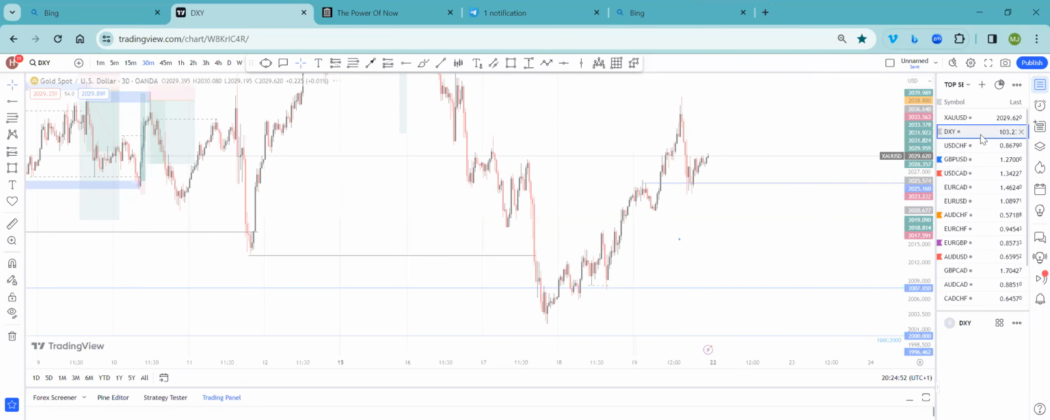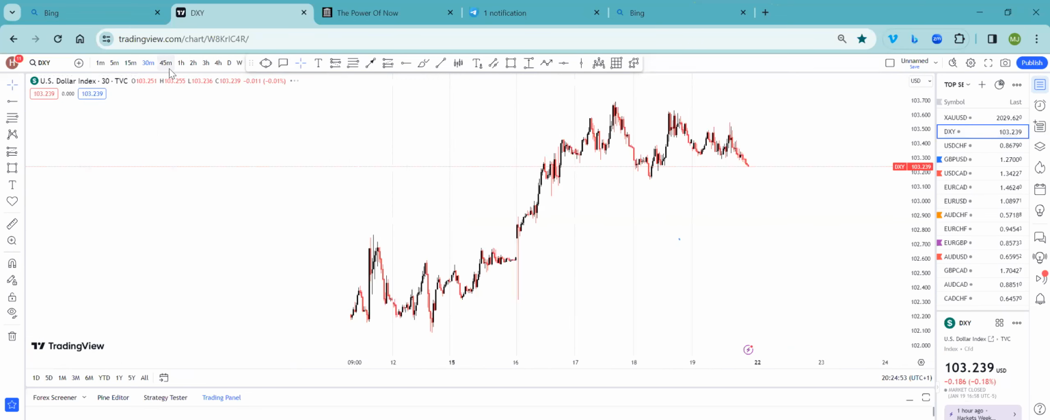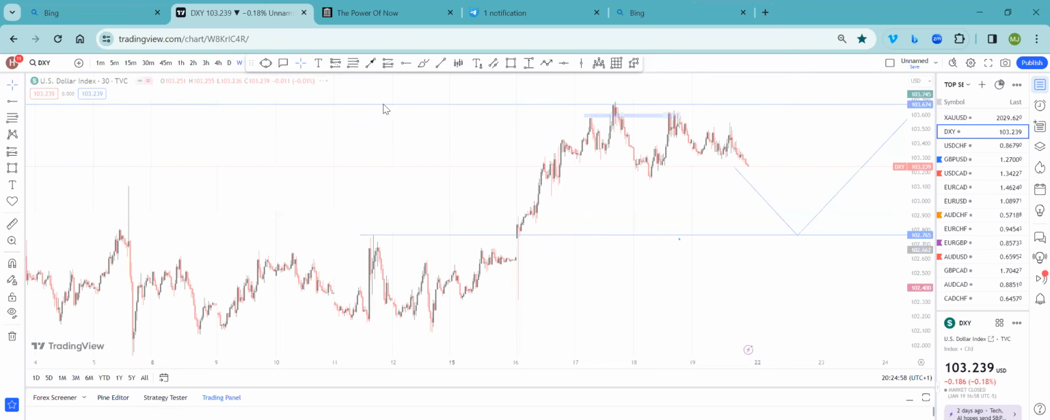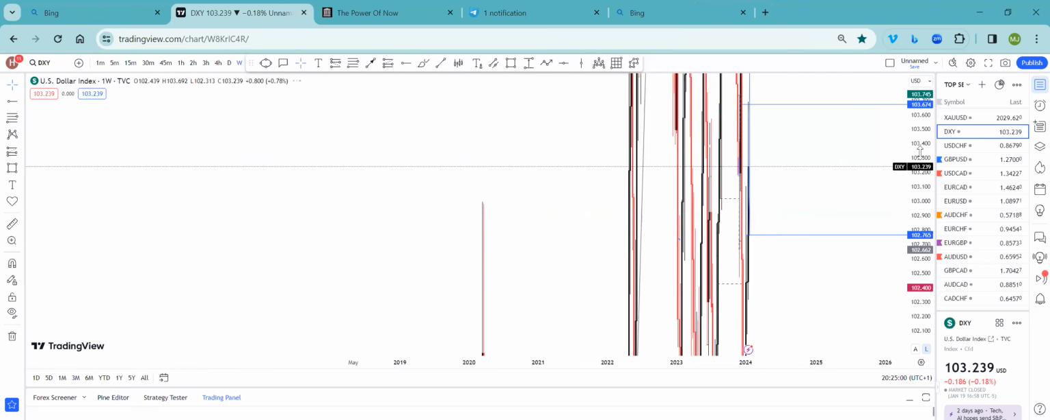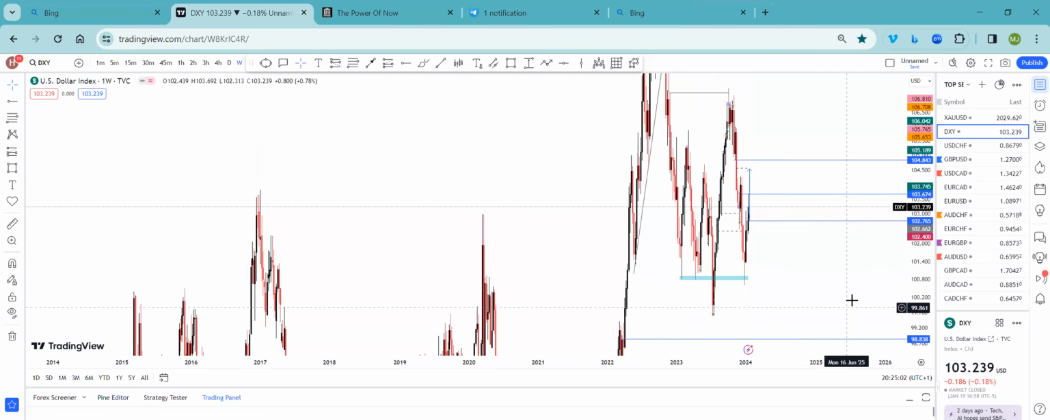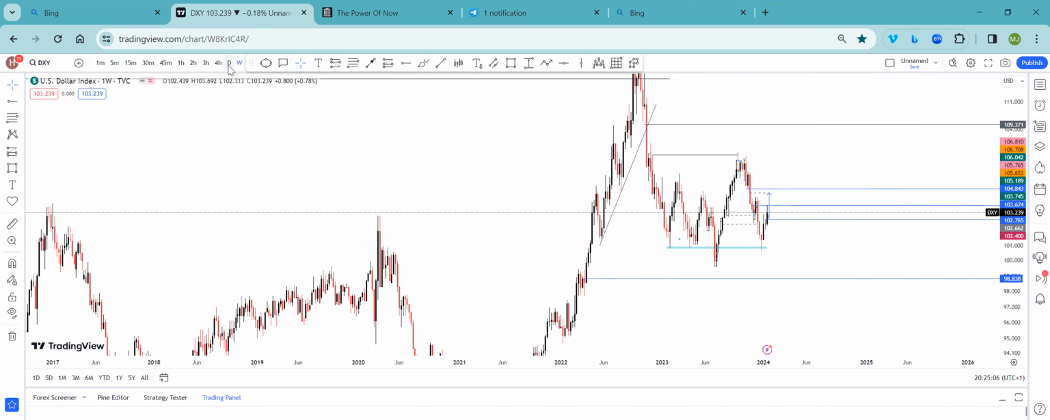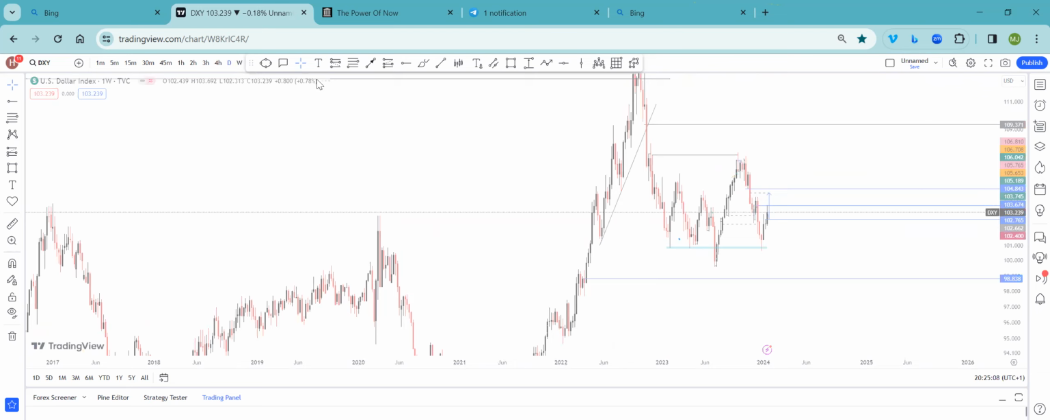The XY, I'm still expecting more buy on a higher time frame. But in a lower time frame, we can still sell the XY for a while. Now, this is what I'm actually talking about, from daily and also from weekly time frame. If you look at the XY,